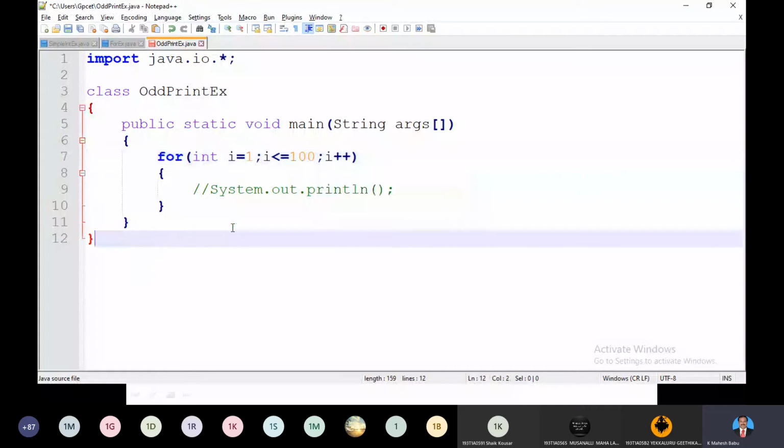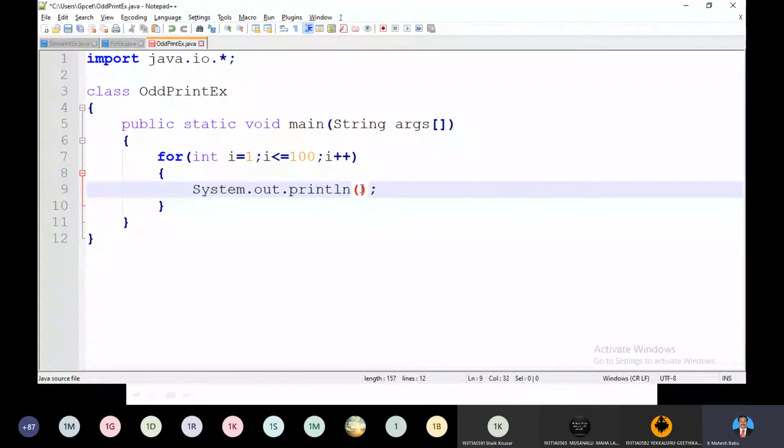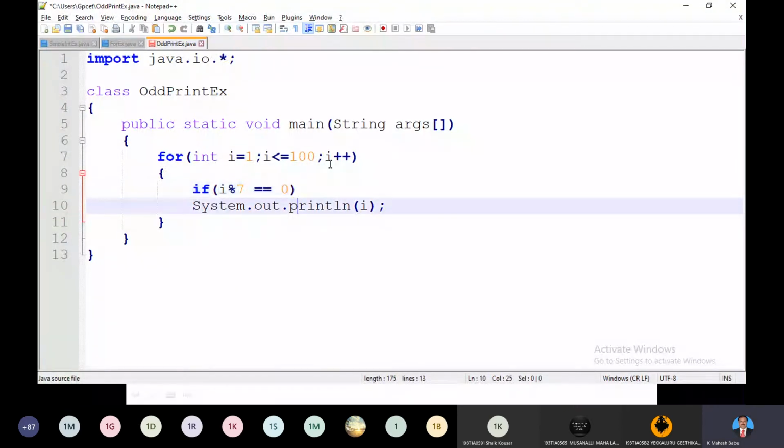I want to print some value on the screen, say I am printing the i value, but the condition is, whenever i becomes divisible by 5 or 7, I don't want to continue my program. I just come out of all the loops. So I put a condition: whenever i reaches a multiple of 7, I don't want to repeat the program. I simply come out of the program.